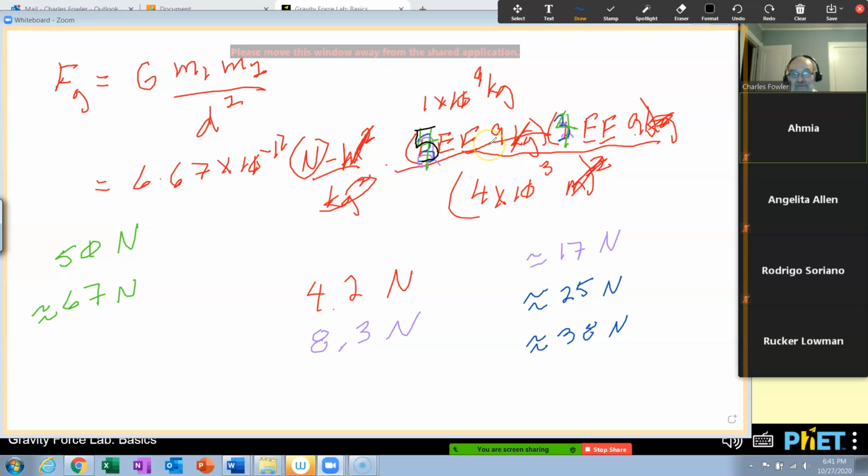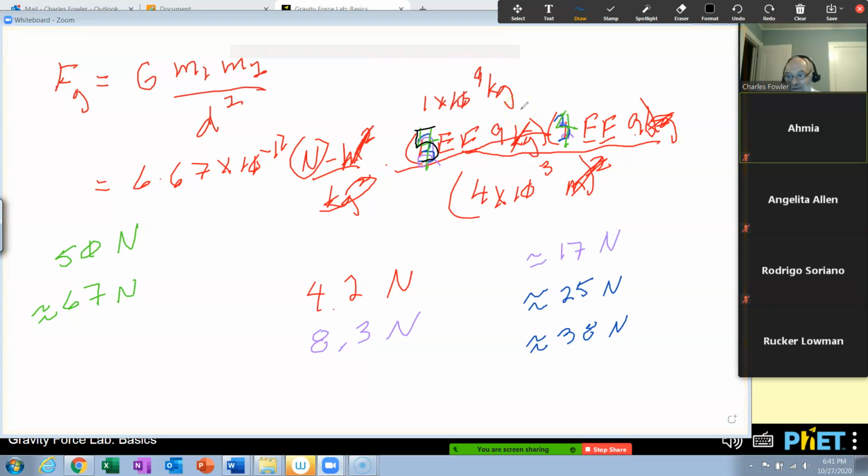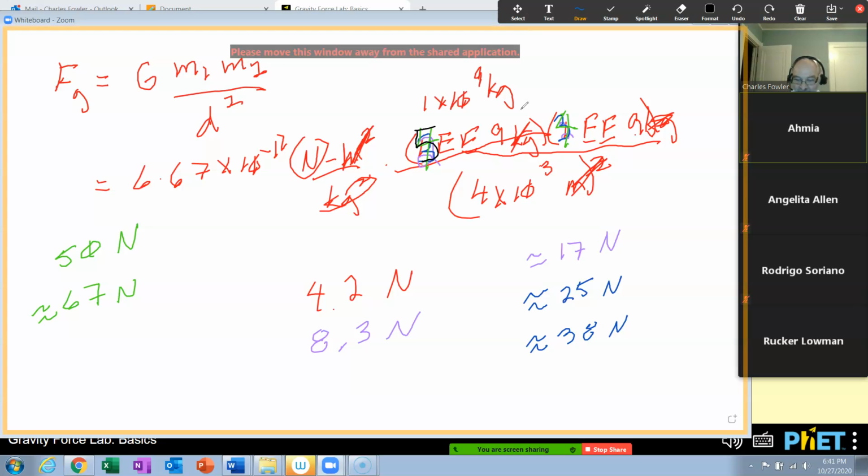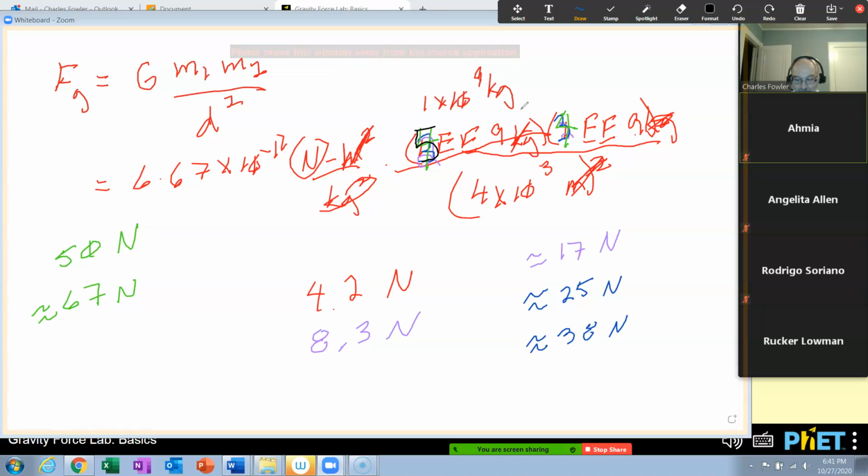Okay, so let's go to our calculator and punch these in. 6.67 EE 11 minus, okay, times, and this time it's 5 EE 9 times 4 EE 9 divided by, open parentheses, 4 EE 3 close parentheses squared